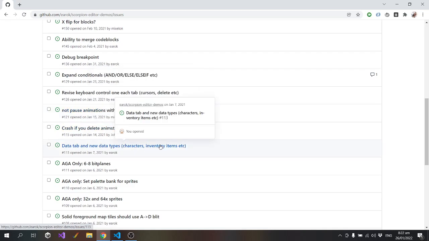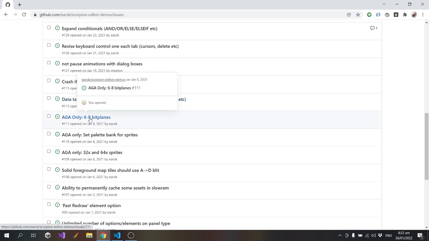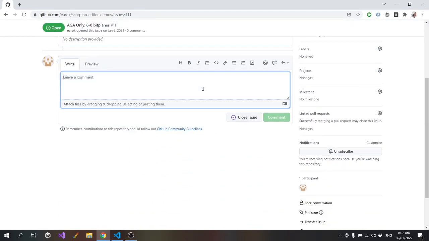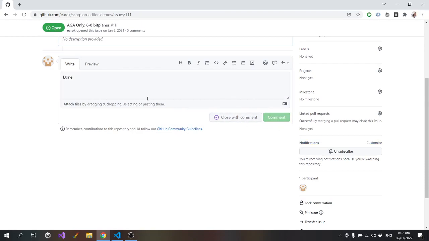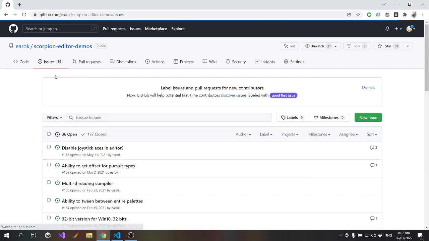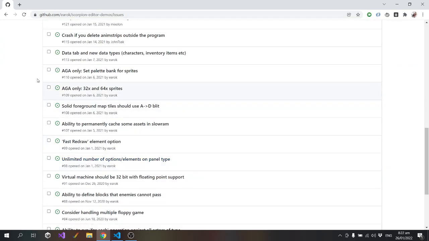Data tab and new data types. I'm going to leave that open for now. AGA only 6 to 8-bit planes. I've actually added that, so we've got proper AGA support. We've done that as well.